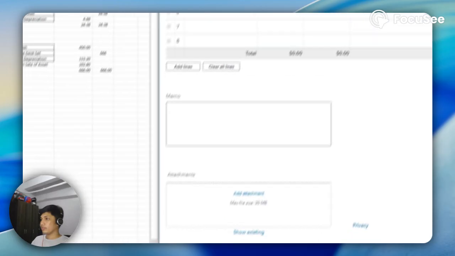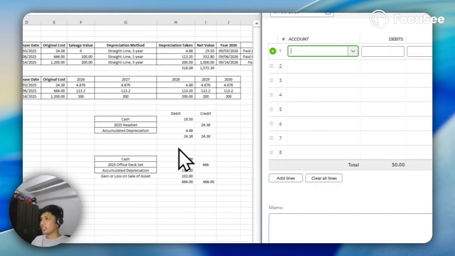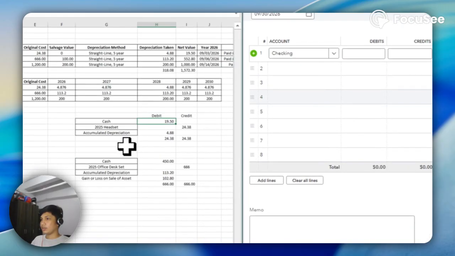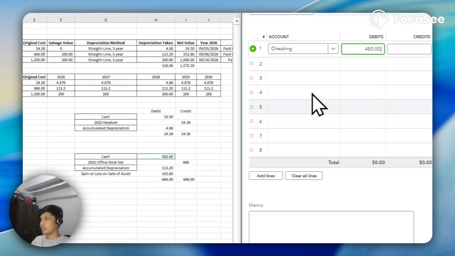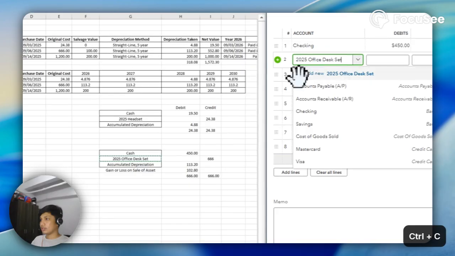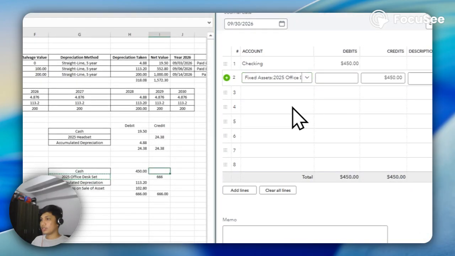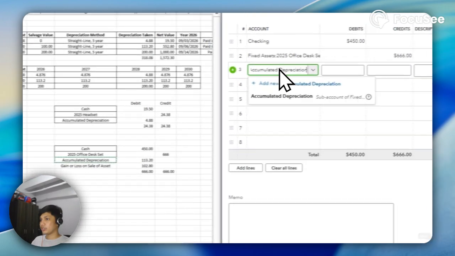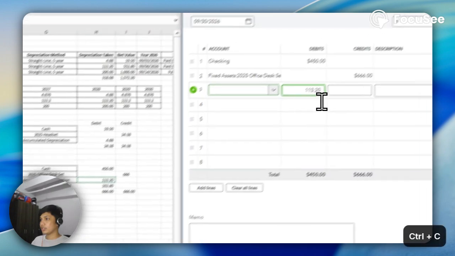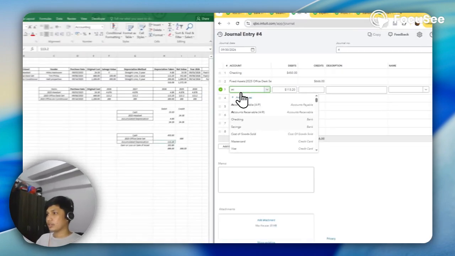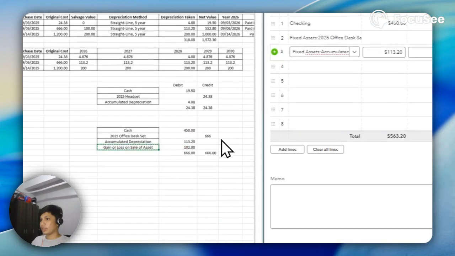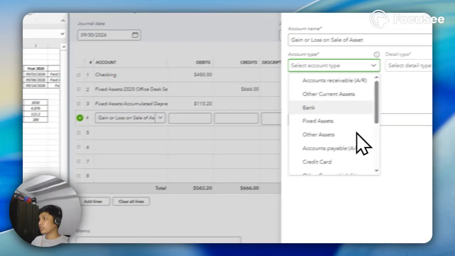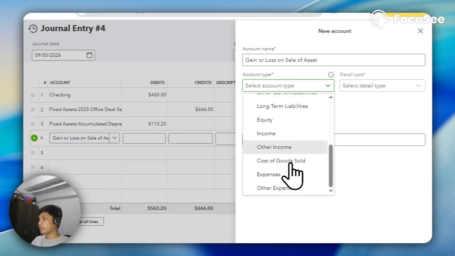Journal entry. Checking: 450. Office desk set: 666 credit. Accumulated depreciation: 113. Gain or loss on sale. For this one I'm going to create an account. This is an income account.